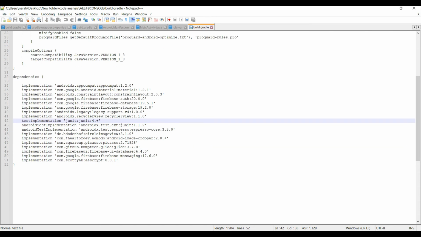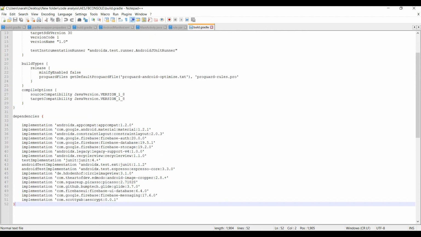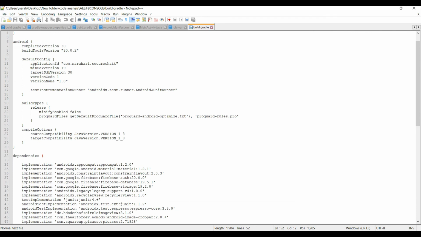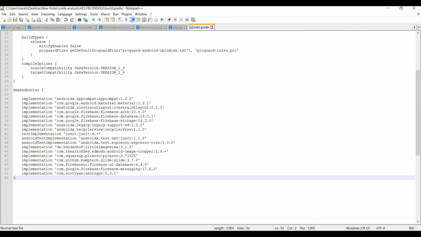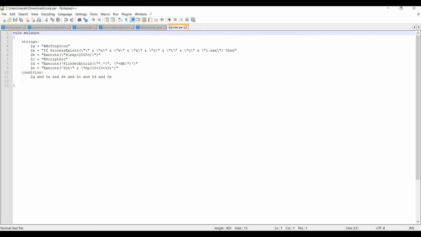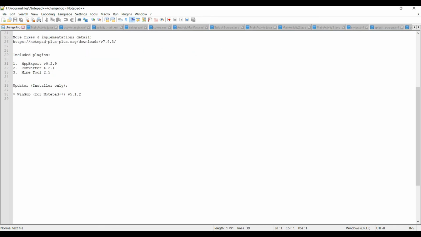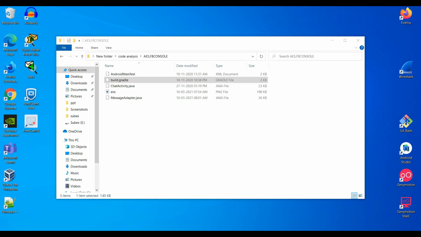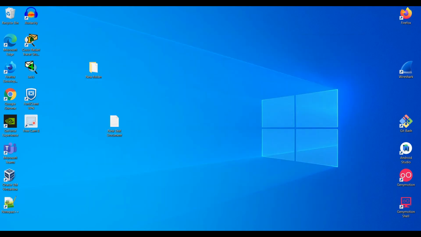And also, from this you can understand that this application is using AES encryption. So from here we can understand some kind of information, and it will be easy. If you see this, we will get some idea, and it will be used for further analysis of the application. So this is the minimum regarding code analysis.